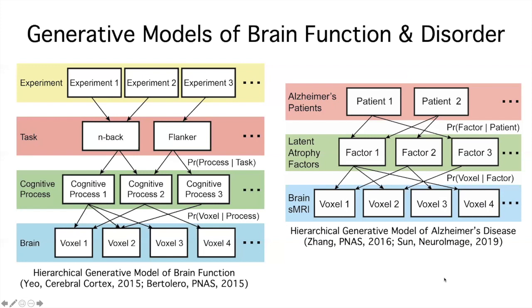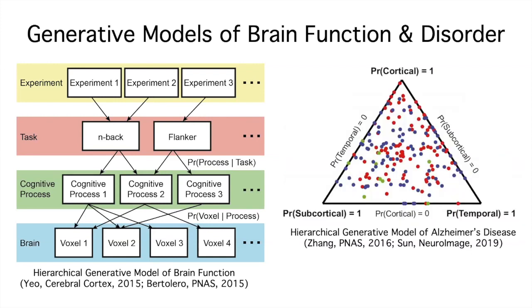Similarly, there's been work suggesting significant heterogeneity in late onset Alzheimer's disease. My student Xuming formulated a generative model, which encodes the idea that Alzheimer's patients share multiple latent factors associated with distinct patterns of brain atrophy. By fitting the model to voxel-based morphometry data, Xuming found 3 factors associated with distinct patterns of brain atrophy: cortical, subcortical, and temporal atrophy. So each dot here